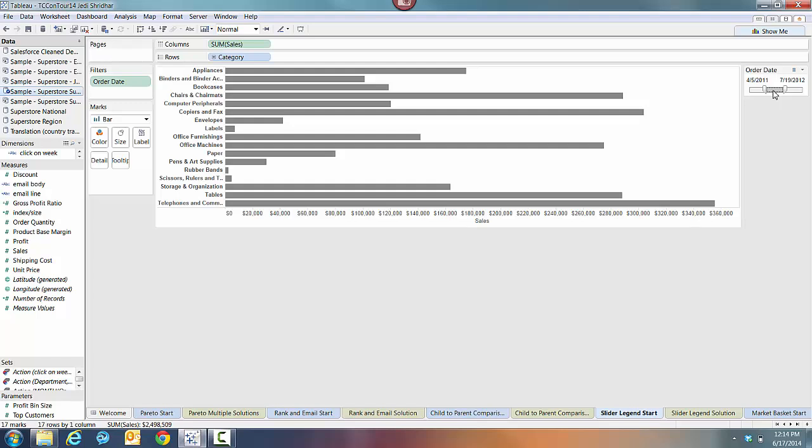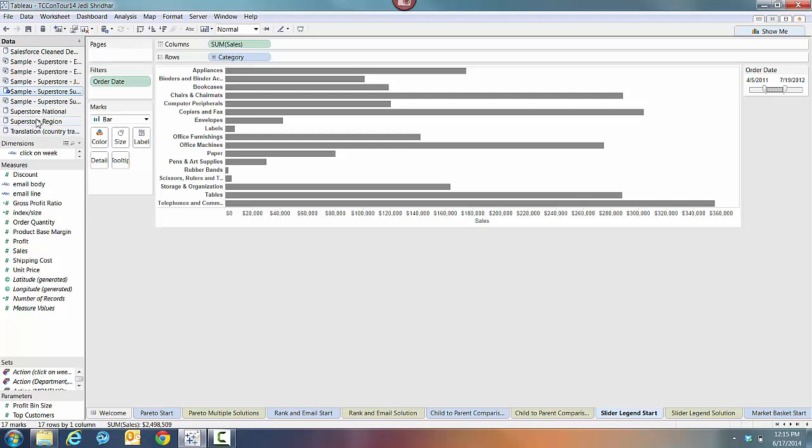So how do we visualize this information where we can look at the overall sales all the time and also look at sales for a particular time slice, so that we can see what the difference was between total sales and our selected time slice? So again, blending is our friend here. The way that we can make that happen